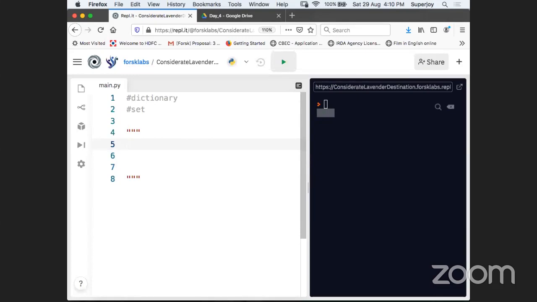The problem statement is like this: there is a student, a college or school student. Let's say she's a school student, and recently he or she has appeared in a couple of exams. So what three exams has she or he written? One exam was for physics. In physics, the student scored around, let's say, 50 marks.